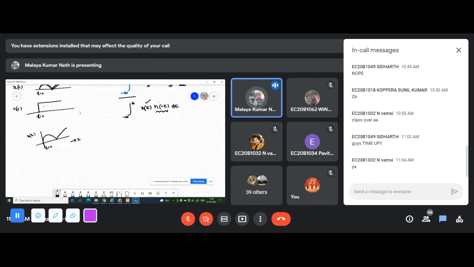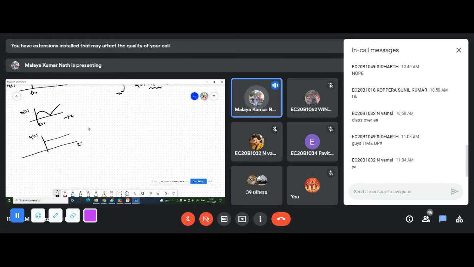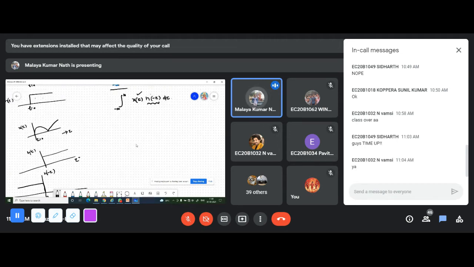Now what is h of tau? H of tau is nothing but the signal represented with variable tau, and this is h of tau. But what we need is h of minus tau. Are you getting my point? So what will h of minus tau be? H of minus tau, minus tau means it is folded. This is h of minus tau, this is tau equal to 0, and this is tau. Are you getting my point? So this is a folded version of the signal. Try to understand this concept.